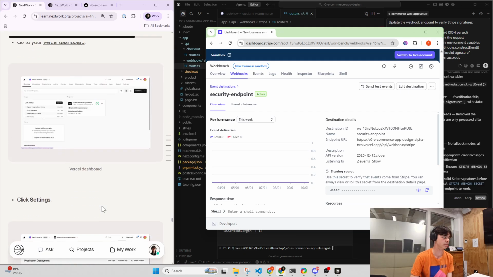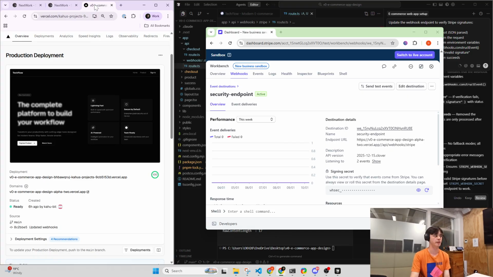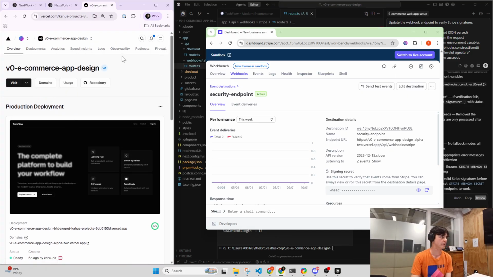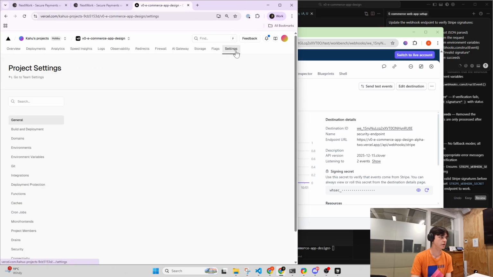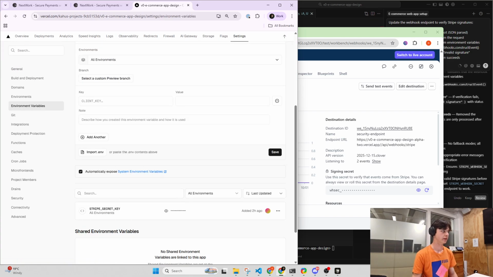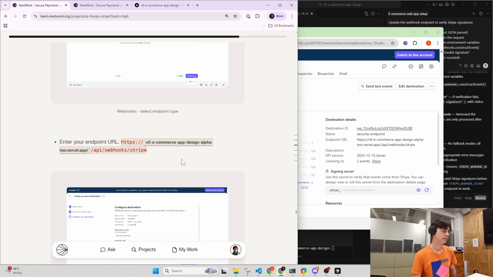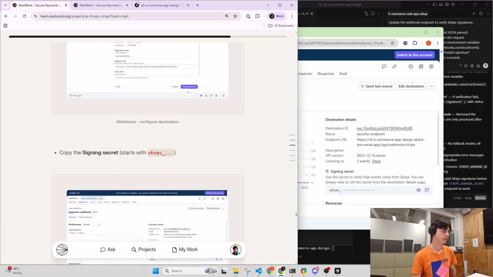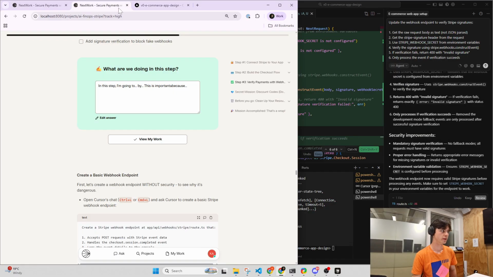Cool. So now we're going to go and add this to our Vercel deployment, because as I spoke about before, and the reason we added an environment variable, the secret key before, is because when this is deployed, it needs access to that. So I will copy the key across from the Stripe dashboard